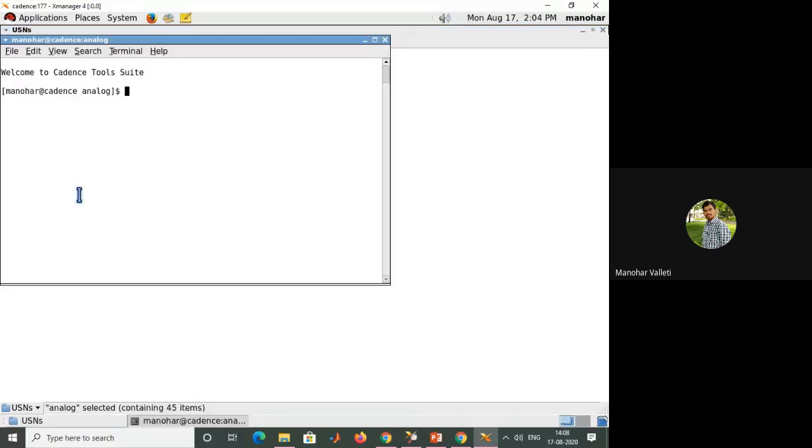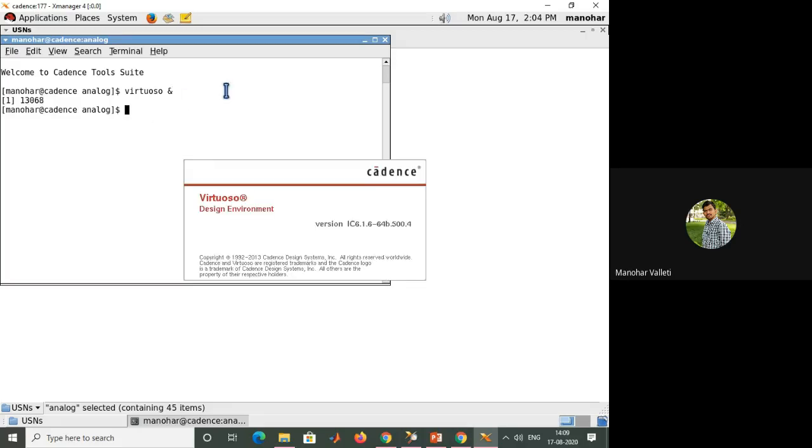Right clicking. What is the command to open the Cadence tool in the terminal? Virtuoso space and.